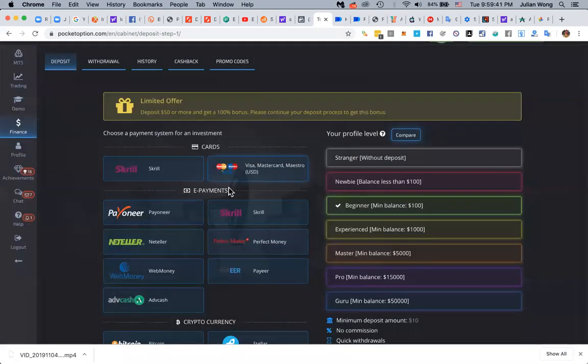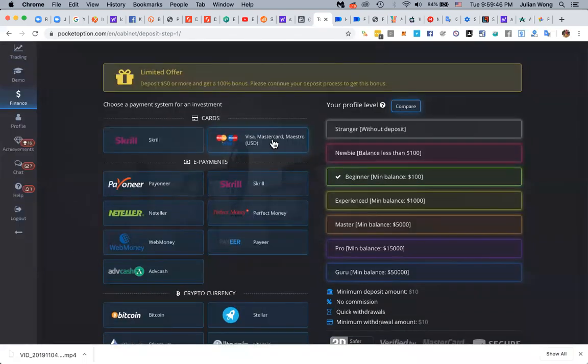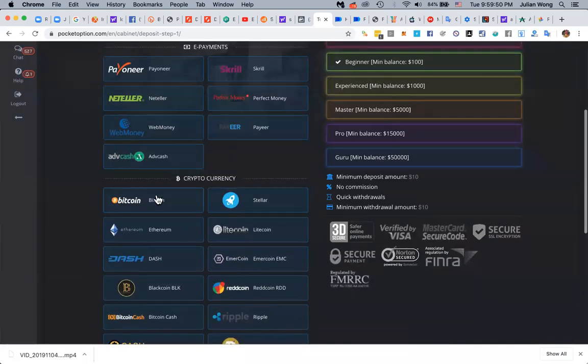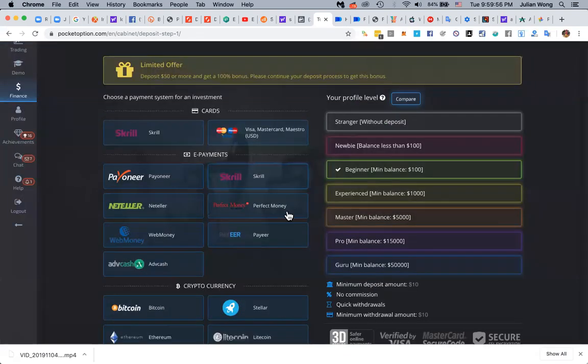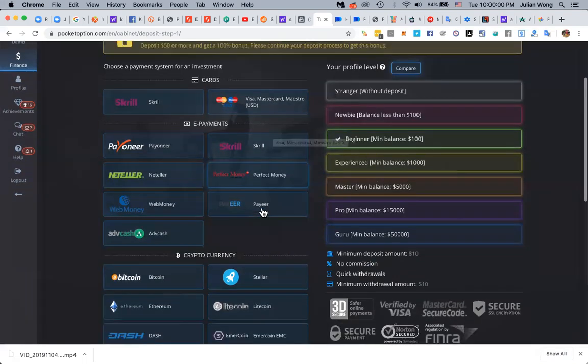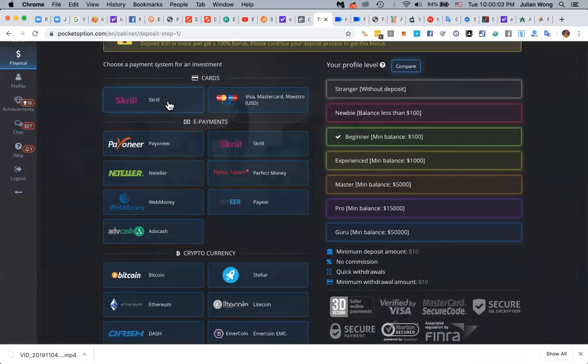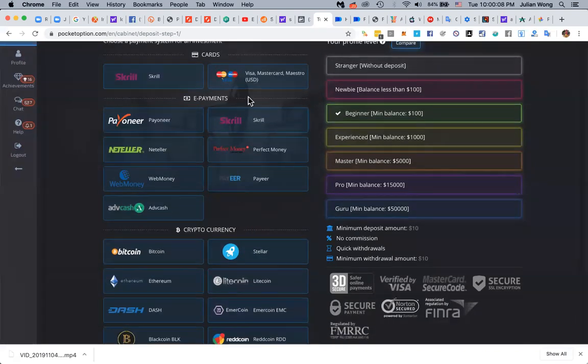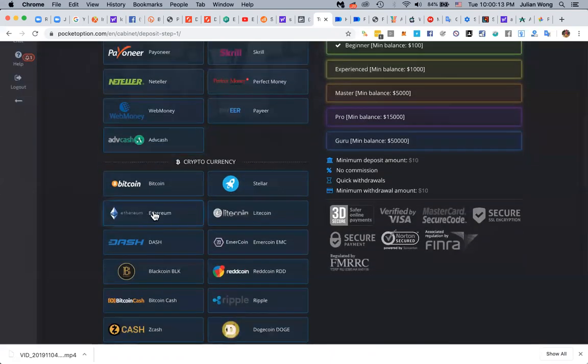Obviously Visa and Mastercard are good, but when you make more money, which will be the case for everyone eventually, you need to use this as well. Or you can take money out through these methods. So my advice for deposits: you could deposit with a Visa credit card that gets across fast. If you gamble and you have money in Skrill or NetTeller, you can use that as well. If you have local funding issues, ADV Cash is good. Or if not, I recommend Ethereum if it's cheap for you, okay?